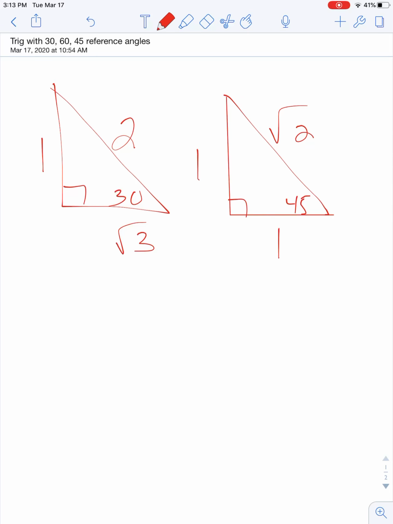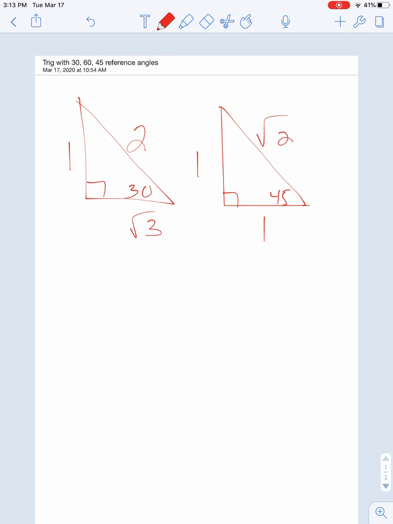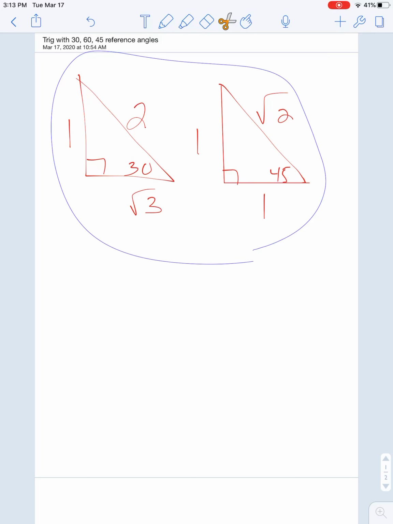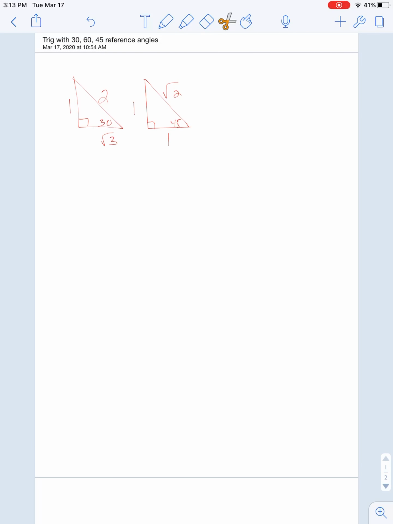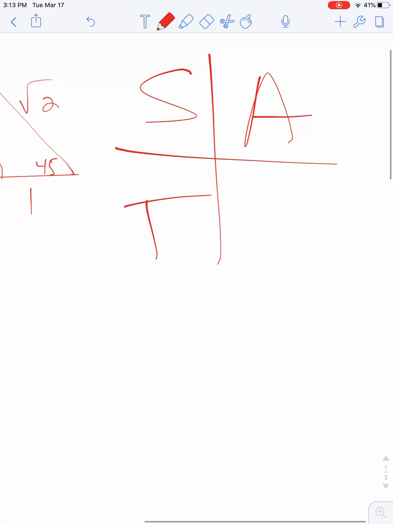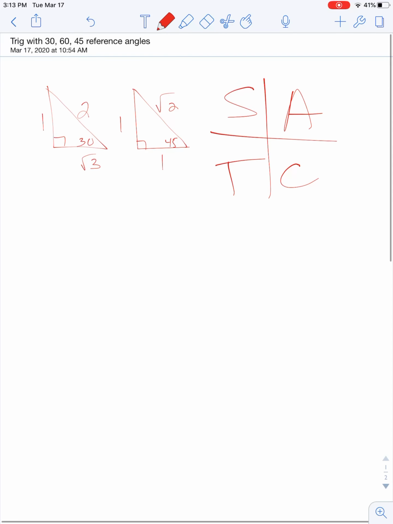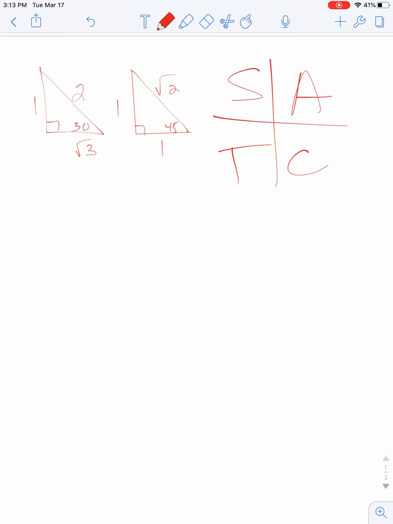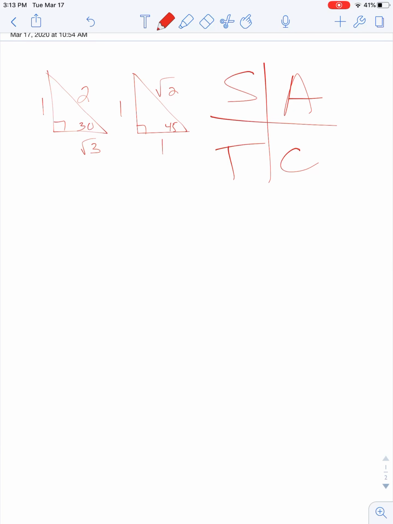So this is a very important template, as we continue to use all students take calculus to tell us what quadrants each trig function is positive, what quadrant each one is negative. So we're going to find the reference angle. We're going to use our 30, 60, 90. So we're just going to get right into it here. I'm not going to mess around. So the first one, sine is my favorite. I'm going to start with sine. I'm going to say sine of